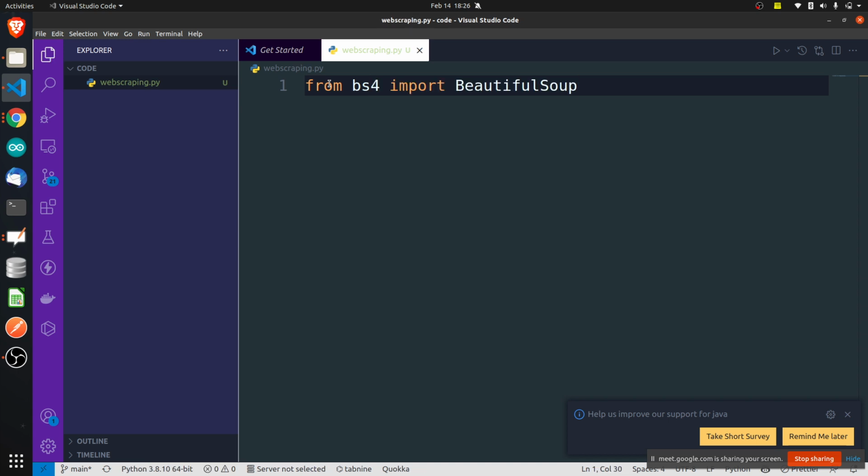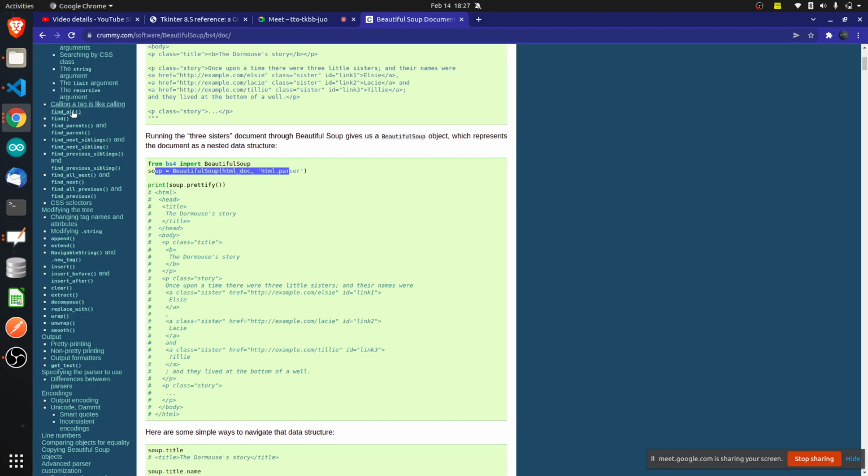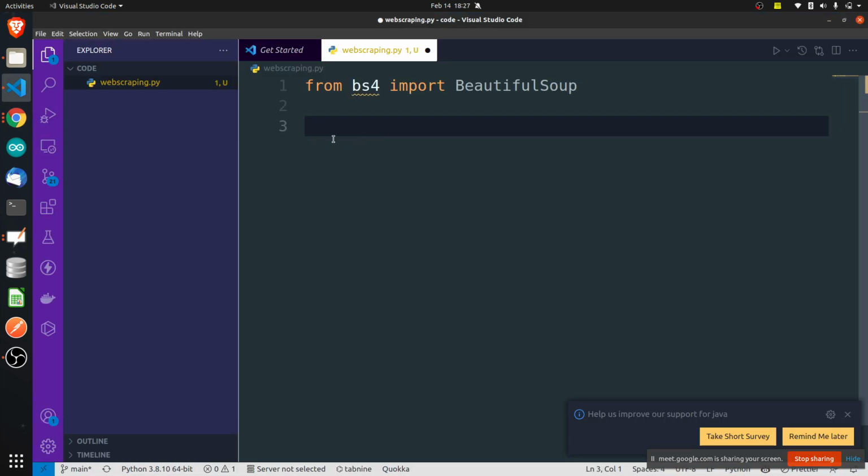Beautiful Soup is the class which we are importing from this library bs4. Then we create a soup object, using this class which we have imported.